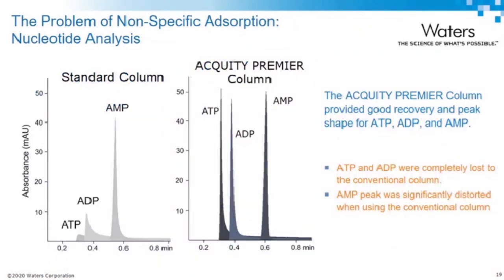So if I should now show you the difference between regular column and Acquity Premier column, this is shown here on the slide. You have seen the left chromatogram. There is a loss of these multiply phosphorylated nucleotides. The same equimolar mixture, when it's injected on Premier column, chromatogram on the right, you can see that the recovery is better. You still can detect some of the tailing, ATP and ADP. This is because we have a solution for columns, but this analysis was performed on a conventional system. So remember, the system still has some non-specific absorption, unless you treat it with conditioning.